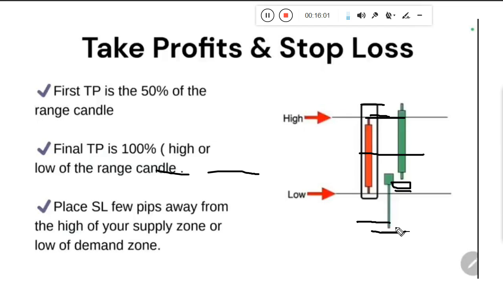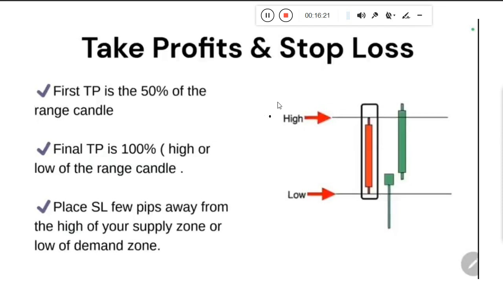That one is more safer. But you can use a risk to reward ratio of 1:2, or 1 to whatever ratio. The choice is yours. But this is the standard take profit, your entry techniques and your money management techniques. You can use whichever one is convenient for you based on your